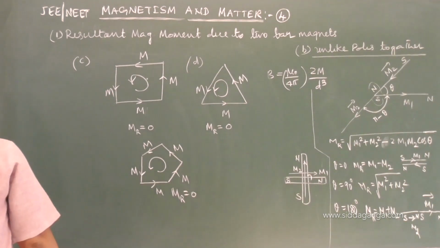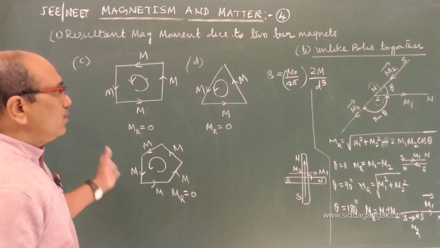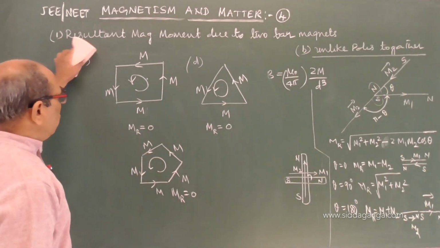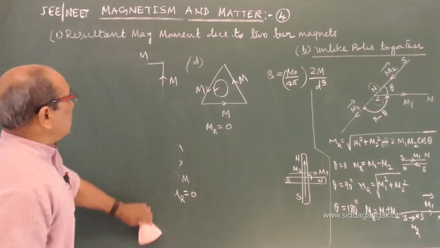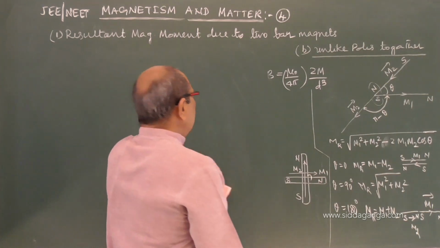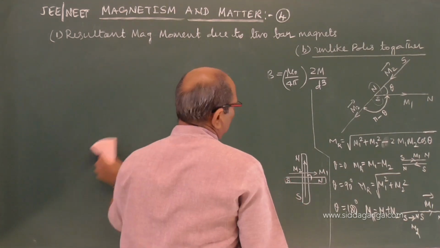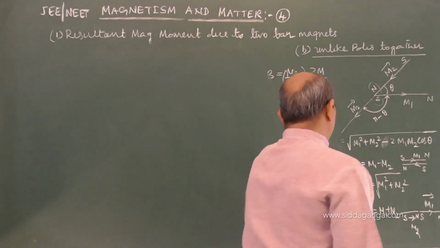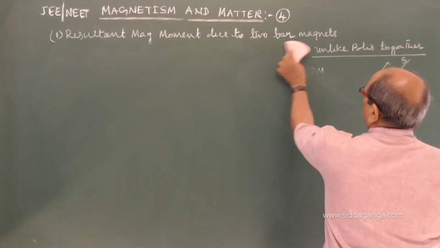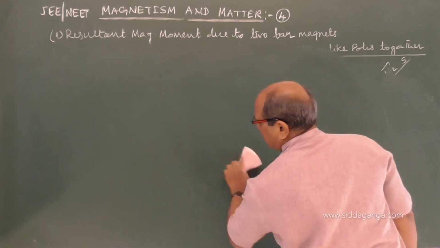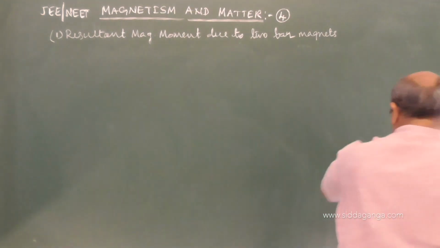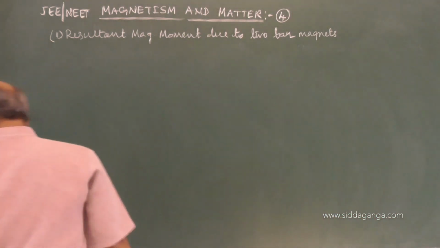With this I am taking some cases. If they are together about a point or arranged in order, we come to know what happens to the magnetic moment. If they are forming a closed loop or more than 2 bar magnets are used, the same vector algebra can be applied: triangle law of vector addition, parallelogram law of vector addition, or polygon law of vector addition to find the resultant moment.